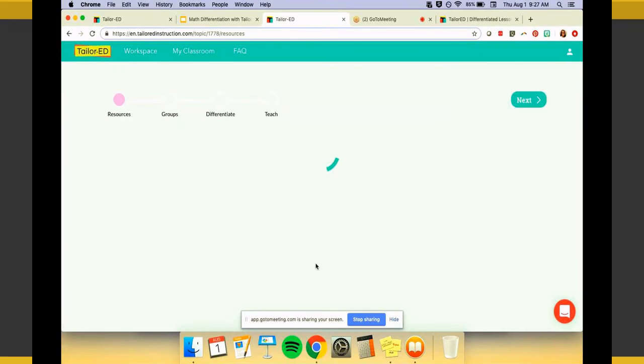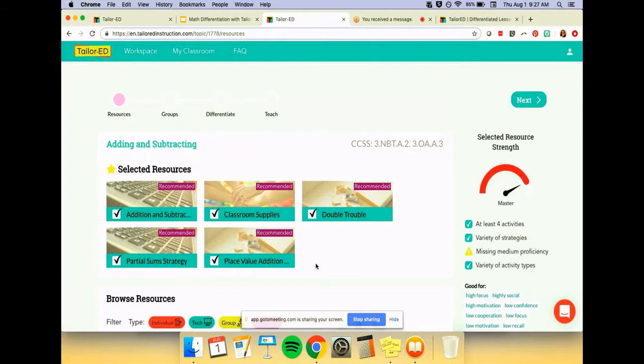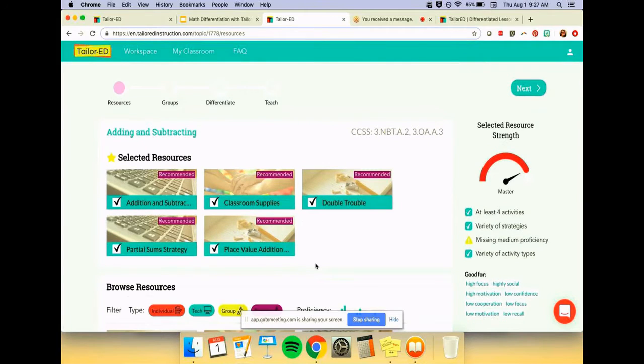So this is the beginning of your lesson planning. This is your resources page. Over here on the right side, you can see there's selected resource strength. This is a new feature that they've recently added. And Tailor-ED pre-chooses resources for you, but they recognize that you are the expert in the classroom, and it allows